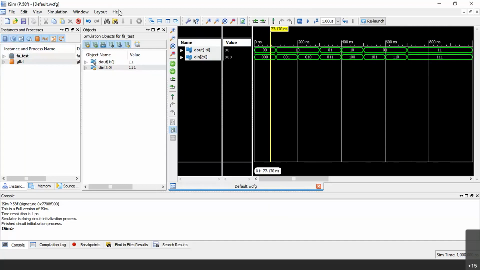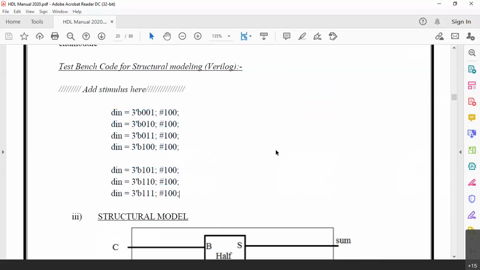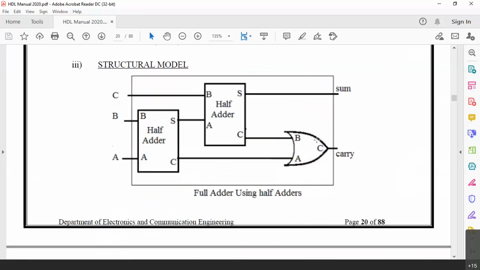So let me stop sharing here. Let me share the lab manual once again, where we go to the third description. So till now we had seen the behavioral description and the data flow description earlier. Now you know the difference between both of them. Behavioral is generally following a sequence, whereas data flow is concurrent in general, and data flow description is going to use the algebraic expressions, whereas the behavioral description is generally going to follow the truth table.